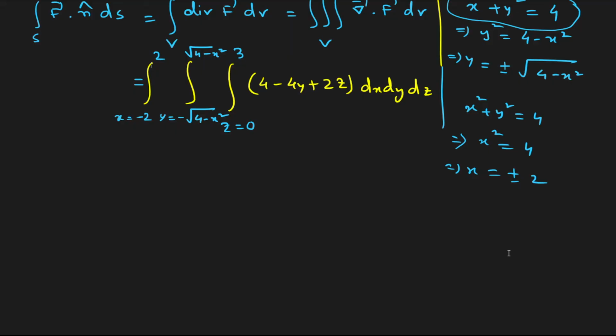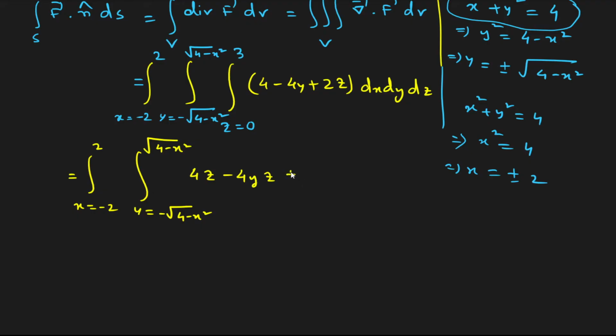Suppose if you simply listen, then sometimes you will not understand a few lines. So it's better if you do it with me. Now x equals minus 2 to 2, y equals minus root over 4 minus x square to root over 4 minus x square. Now first we have to integrate with respect to z. So first term is what? 4. So it will be 4z if we integrate,